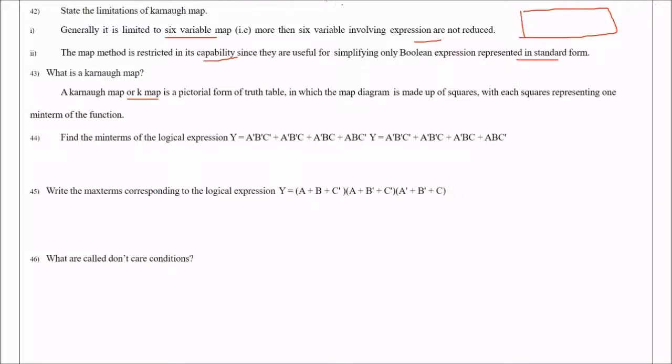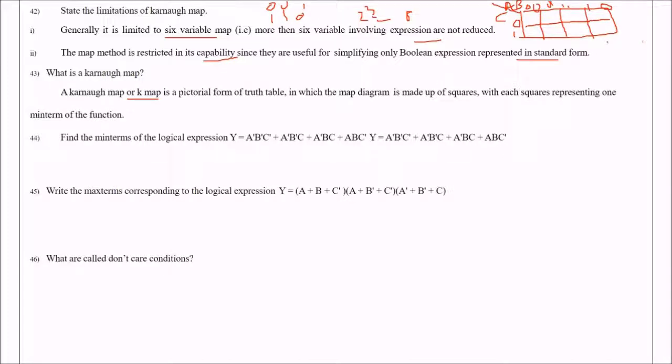If we consider 3 variables, we are making a 3 variable map. So this is like this. We start with A and B here. Then we say C is here. And then in this we have various squares. So how many squares are possible? Because there are 3 variables, 2 to the power 3 possible squares are 8. So there are 8 squares. And in this we say this is 0, this is 1. And A, B: 0, 0. Then 0, 1. Then 1, 1 and 1, 0. This is how a Karnaugh map is made. This is a pictorial form of a truth table. The truth table will be 0 like this, 0, 0, 1, 1, 1, 0. This type of formation is in the form of a Karnaugh map.